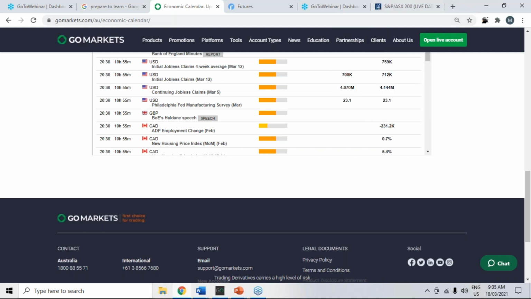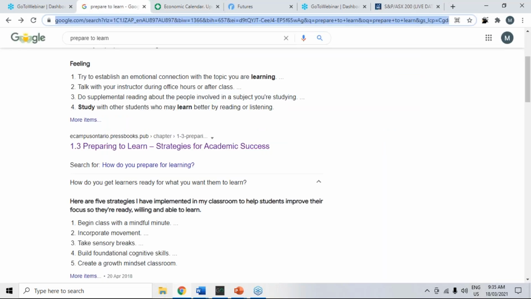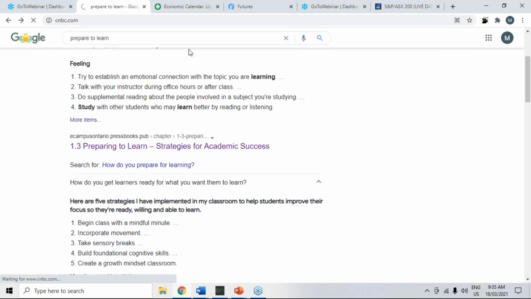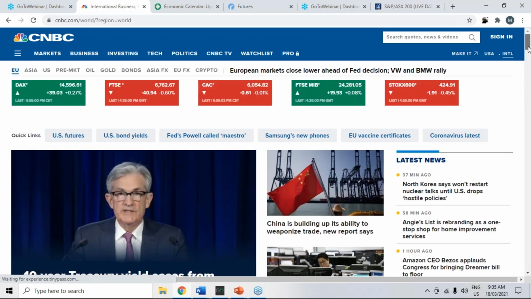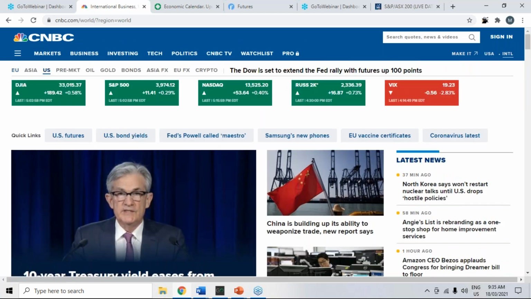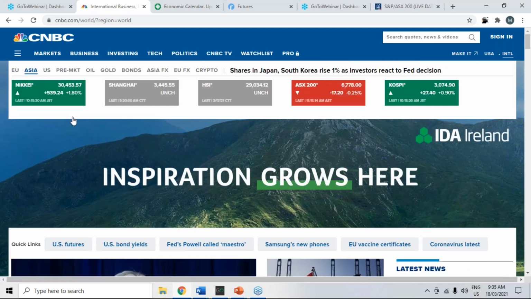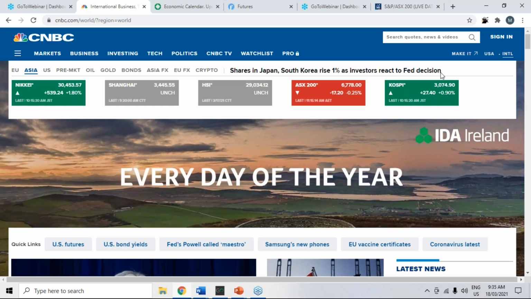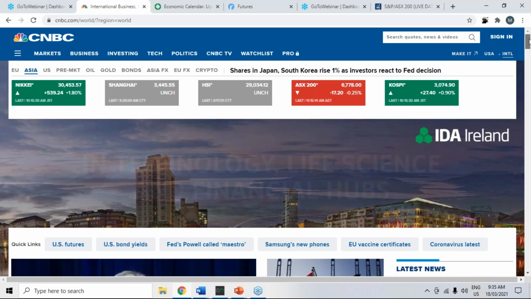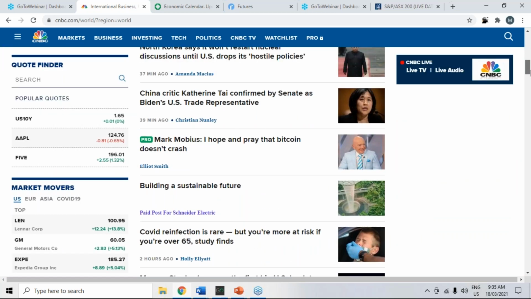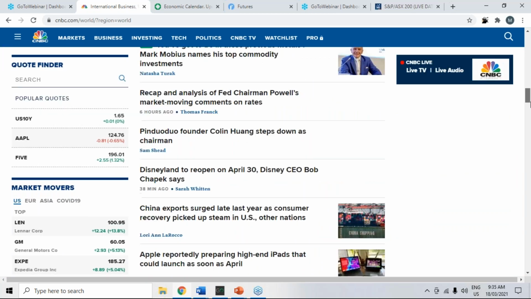Now we want to see some news behind that just to check in, so we can pop into CNBC and see the headlines. So you can see there the US and Asian markets. We can check what the other Asian markets are doing while we're here. We can see the Nikkei is romping ahead. The Kospi is doing very well. The ASX is surprisingly flat. But we can see there the major headline.